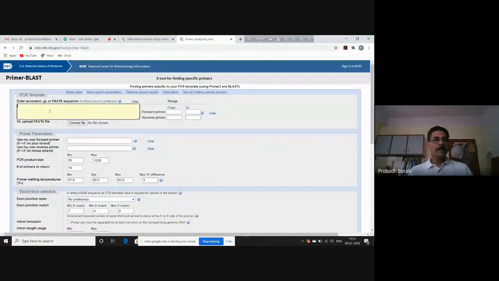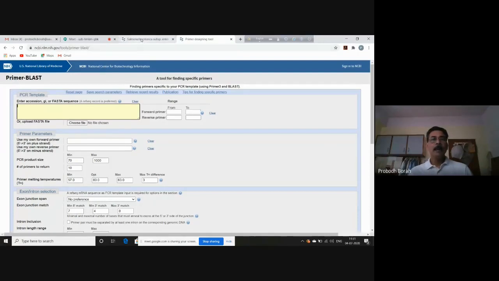Okay. So this is the home page of the Primer Blast online tool. Now this is the space in which you are to upload the sequence against which you want to design the primers. So that means our template sequence, whatever it may be, we have to upload here. Either we can upload the entire sequence, or you can write the accession number of the sequence as per the GenBank data.